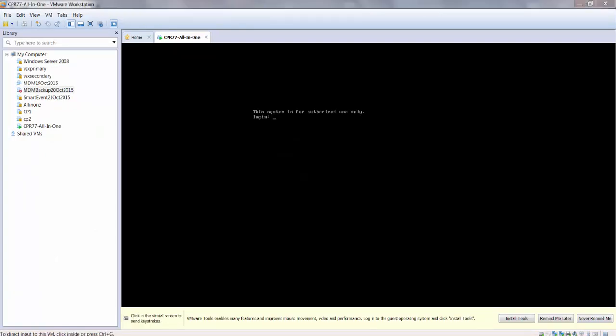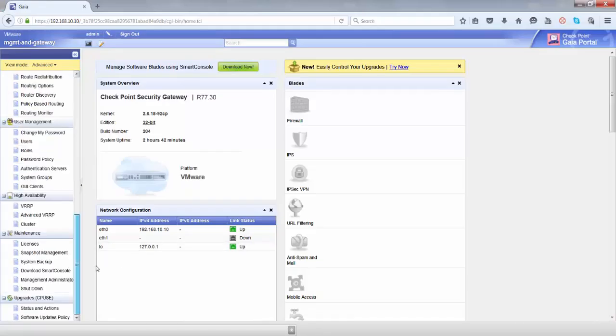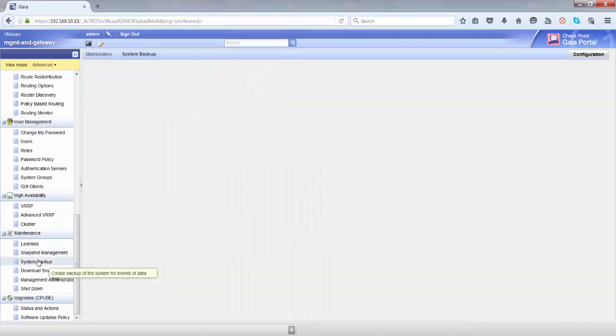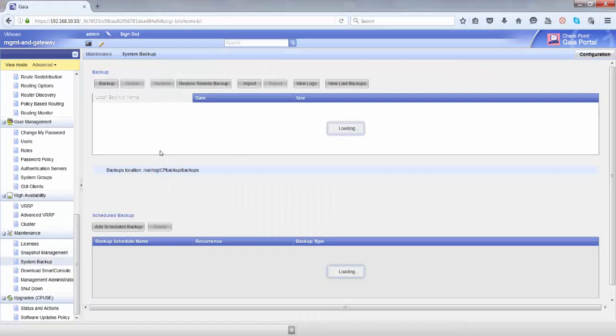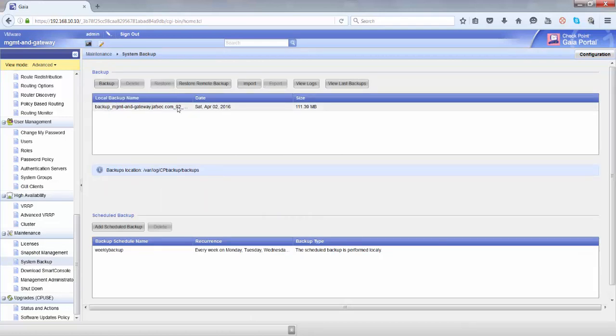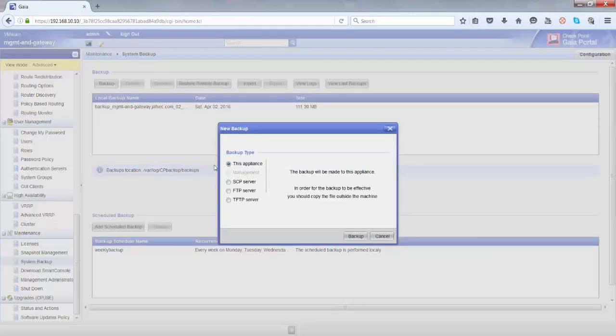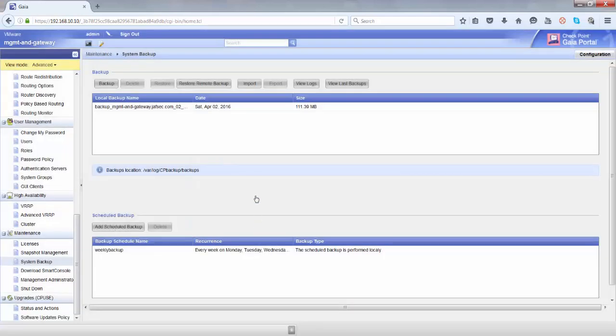So going back into the GUI web portal, if we scroll down, at the bottom we've got system backup. So if we go into here, we should see the backup we created at the top here, and then here's the backup schedule we created as well. So you can create backups from here. You don't have to use the command line if you've got the portal available to you. So create them on this appliance or any of the remote methods, and you can create backup schedules as well from here,